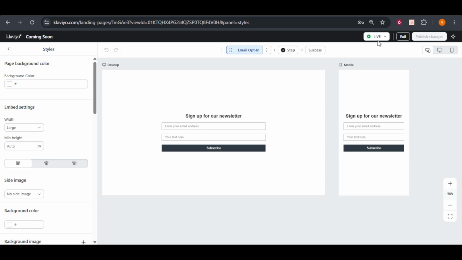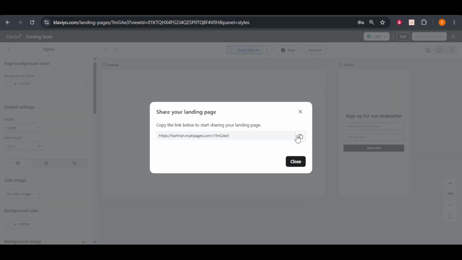And there you have it. You've successfully created a landing page in Klaviyo. With your new landing page live, you're now ready to start capturing leads and driving conversions. Remember, a well-designed landing page can make a significant impact on your marketing efforts, so take the time to fine-tune